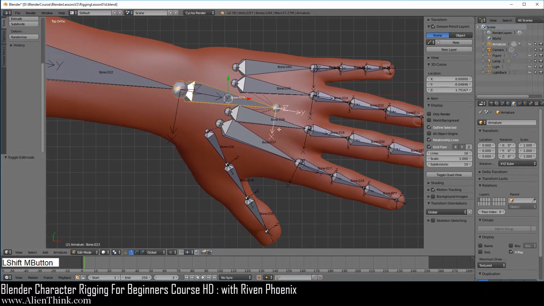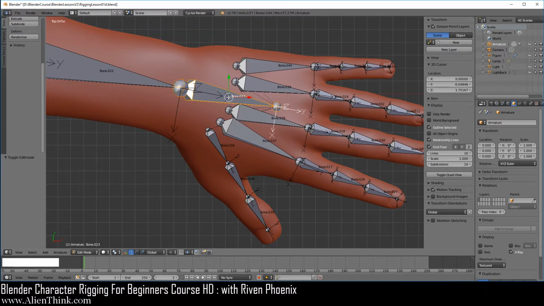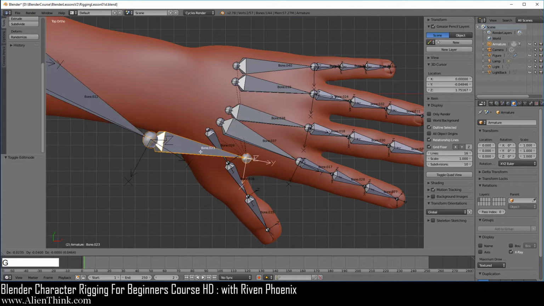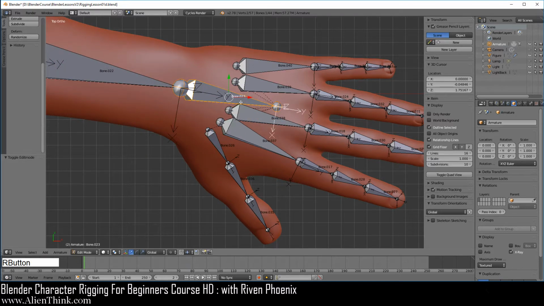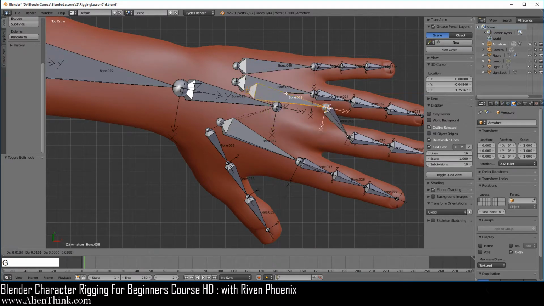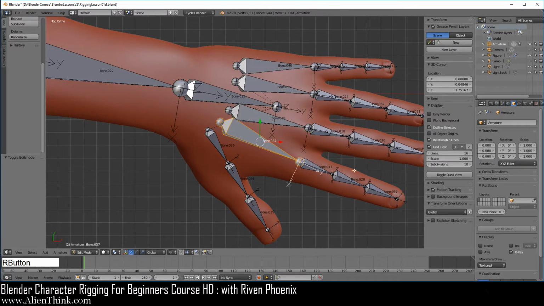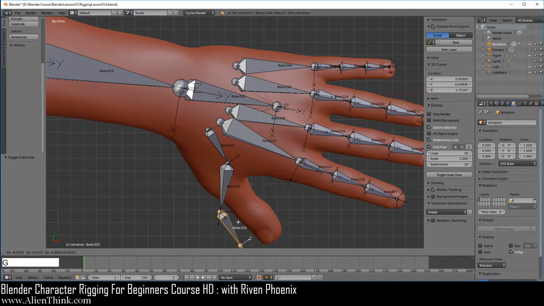Now notice that all the bones over here are offset, so when we move the hand bone, this is how it should move. And then over here, this is correct, correct, correct, and correct. Now all these bones are going to be correct, but you can go through that process to check that all the connections are working over here.